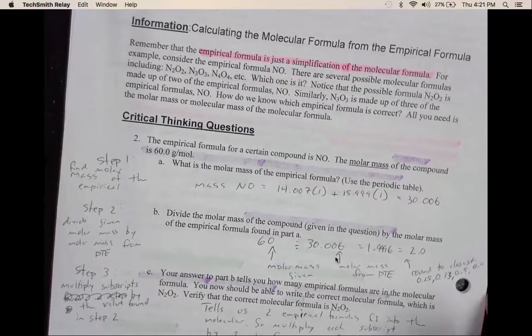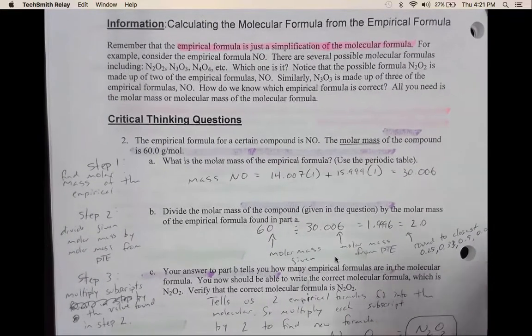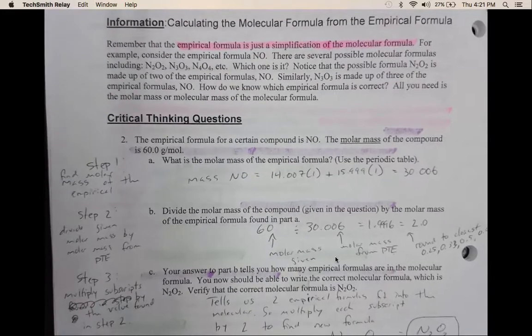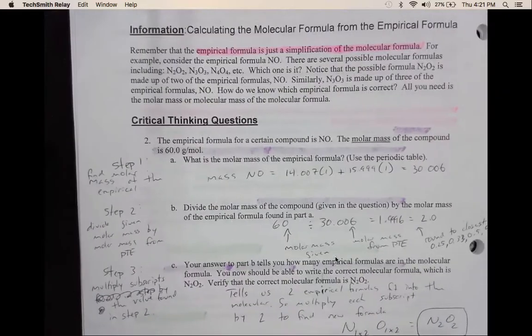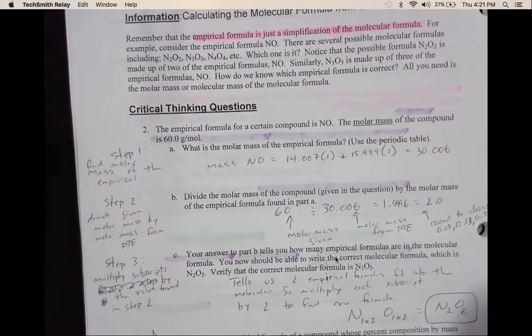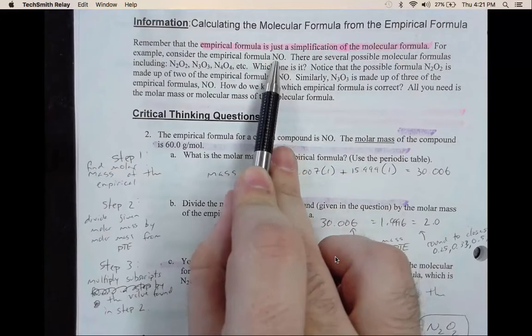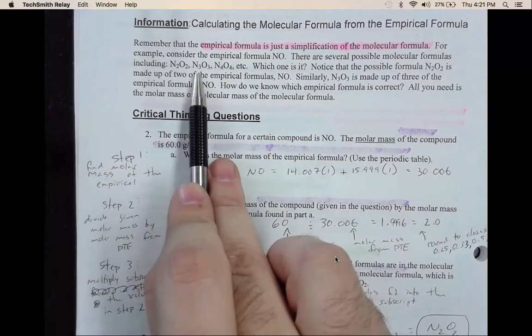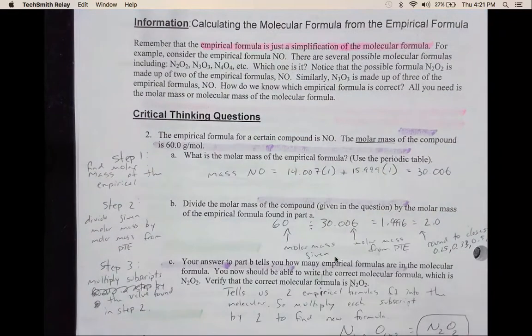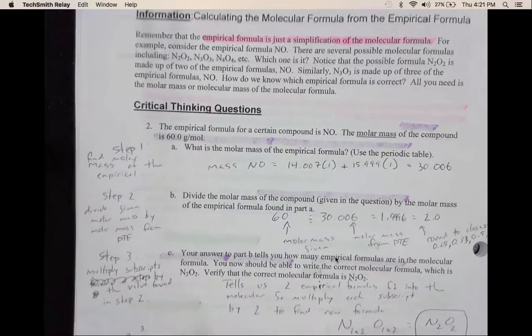Next we have some information on molecular and empirical formula. Let me just make this a little bit higher so it fits everything. Okay. Remember, the empirical formula is just the most simplified version of the formula. It's the simplified version of the molecular formula. If you're given NO, you would not be able to tell what the subscripts are. You can, though, if you are given the molar mass. So question 2